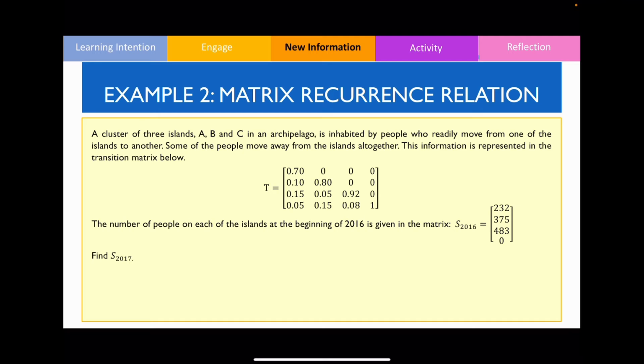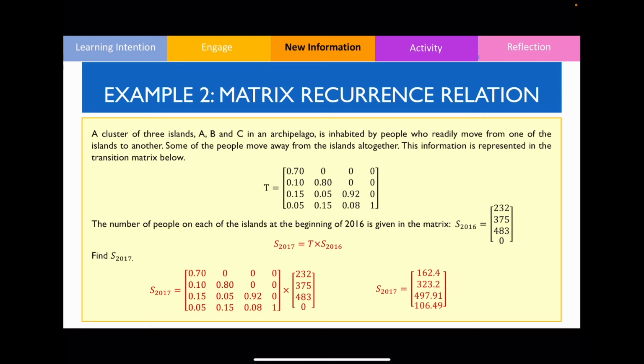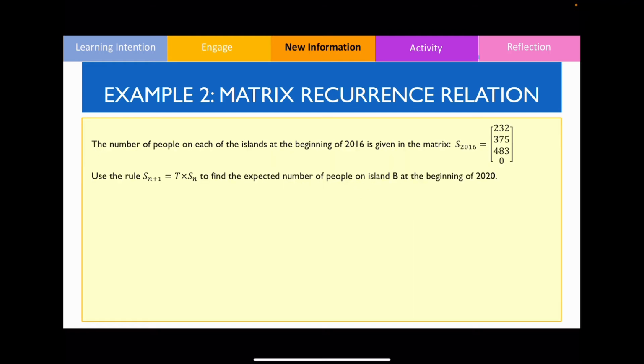The number of people on each of the islands at the beginning of 2016 is given by the following matrix, and it wants us to find out the values of S 2017. So to find out what is the next state, remember, all we simply need to do is multiply the transition matrix by the previous state, okay? So therefore, if I multiply these two values using my CAS calculator, this is going to be my answer over here. The next part of this question wants us to now use the recurrence relations formula to find out what